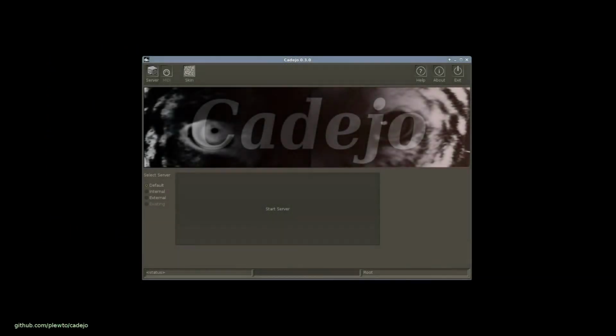Returning to the Cadejo frame, we see that the initial selected tab displays the server window. Select one of the displayed options and press the large Start Server button. If Cadejo detects a server is already running, this stage will be skipped. After the server starts, Cadejo switches to the MIDI device selection window, where a list of available MIDI devices appears